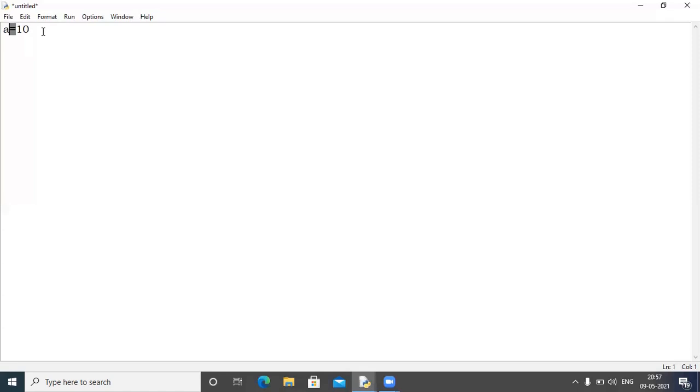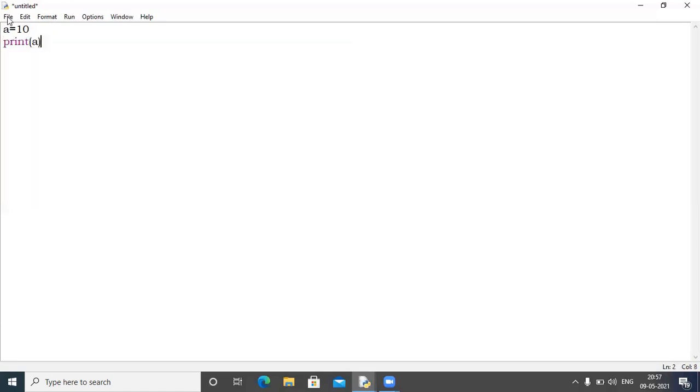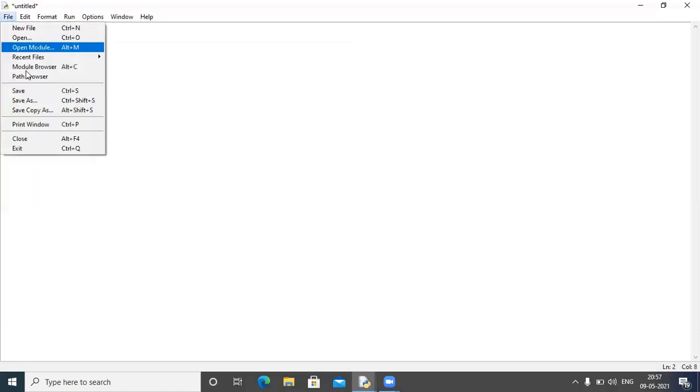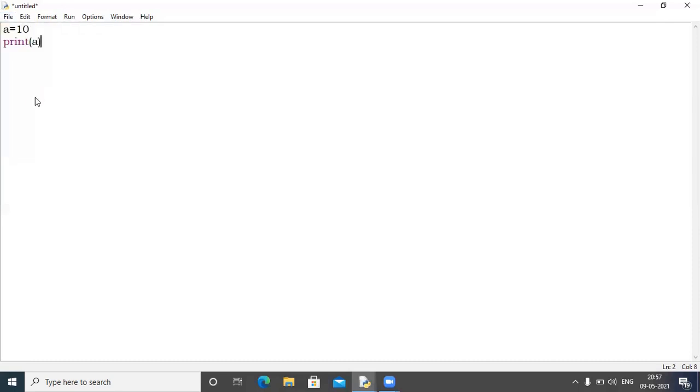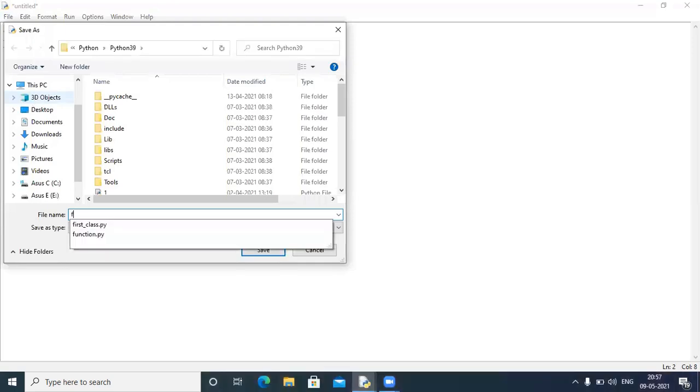So equal will help you to assign value in a variable, so that later on, whenever you want to use the value of 10, you will always use variable A. Let me show you one thing here. I'm going to write here print A. Let me save this file also so that I can reuse this file. So this is the plus point of script file. So this is my first program.